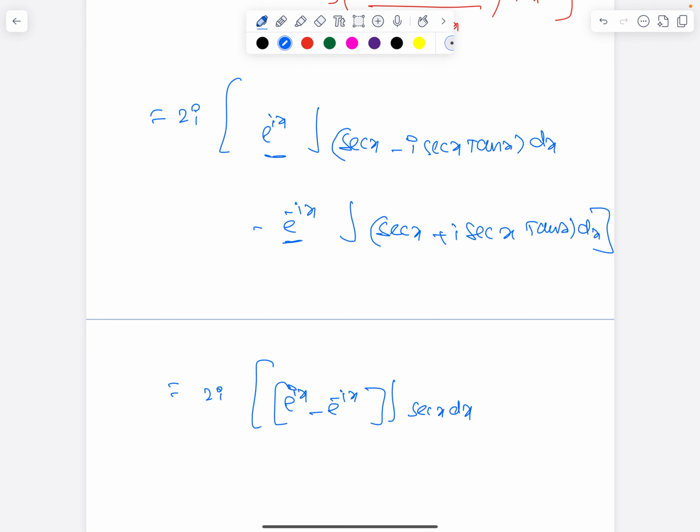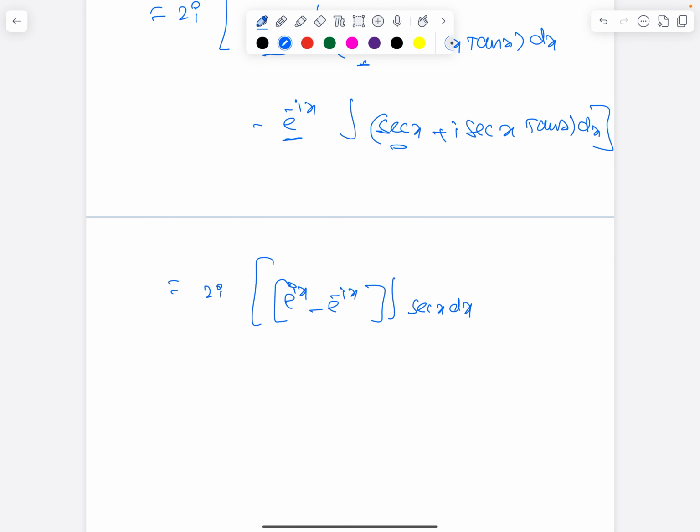So here and here, which are only holding the secant terms. The other terms, minus i into e power ix plus e power minus ix, are multiplied with tan x secant x dx. And now if you simplify, this leads to a simple form